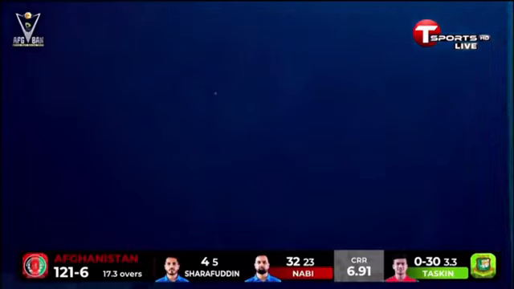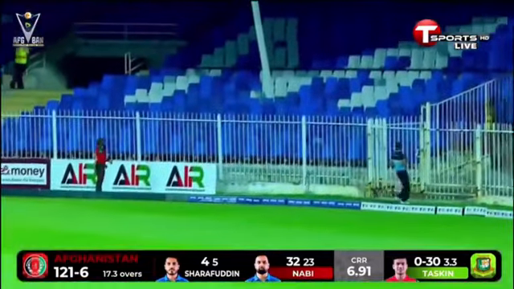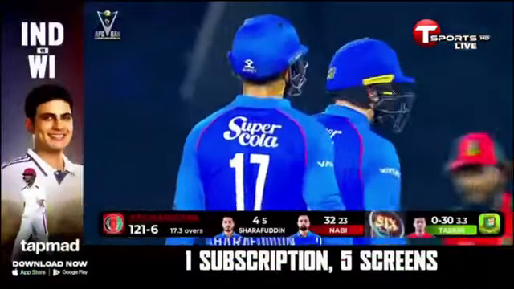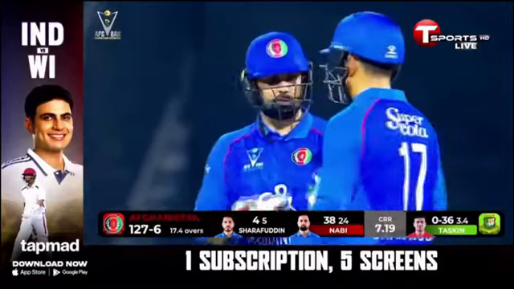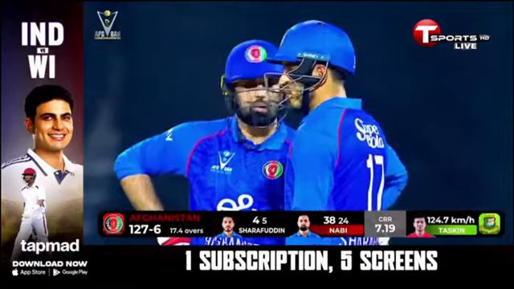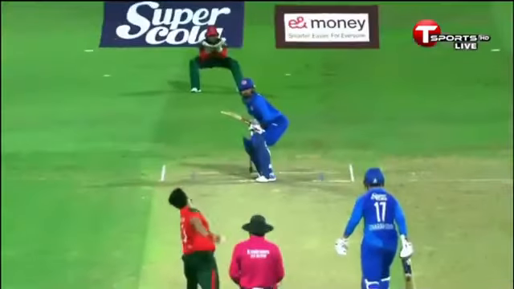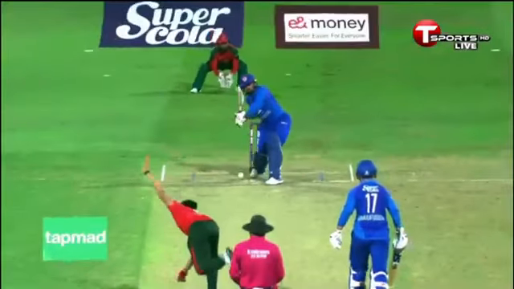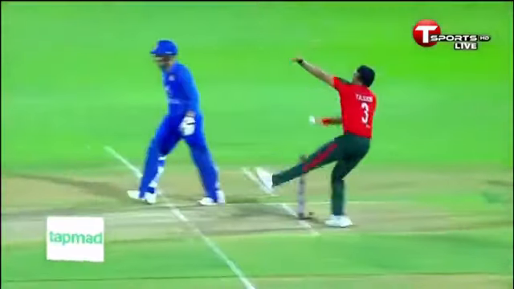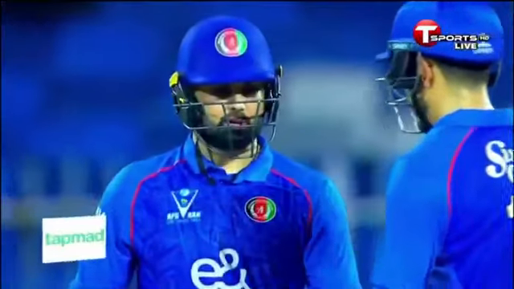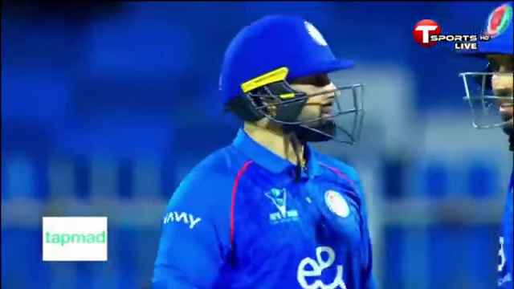This one goes a long way up. Has he got enough of it? Oh, yes, he has. Clears the roof. Nabi on fire, in charge of the third maximum of the over. Picked up the slow ball pretty early, Mohammad Nabi. Back of the length, sat up beautifully. Sweet part of the bat, and this one almost went out of the park. A 62-meter hit. Excellent hit. Picking up the slow ball early, Mohammad Nabi, that's the secret of success.